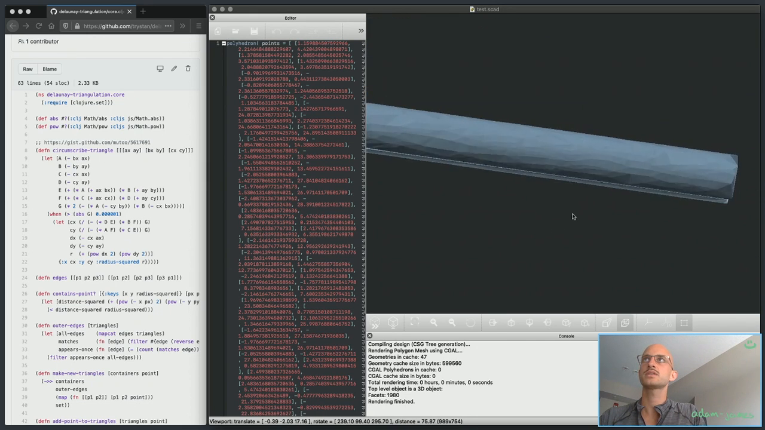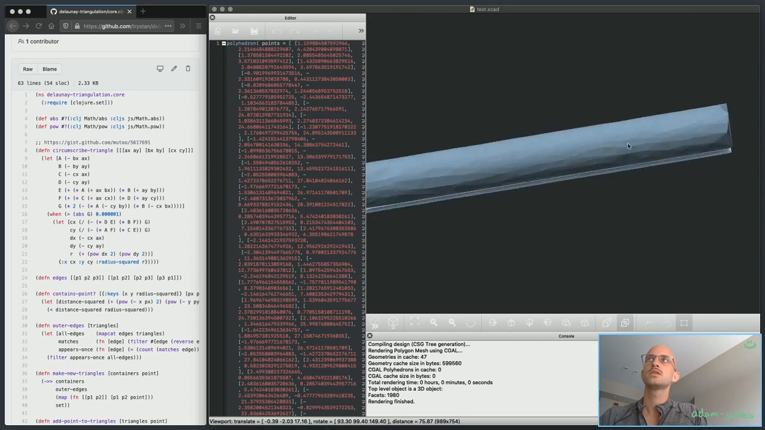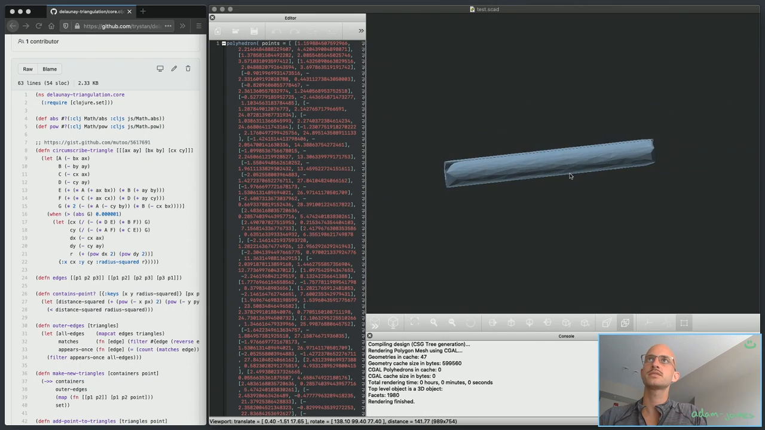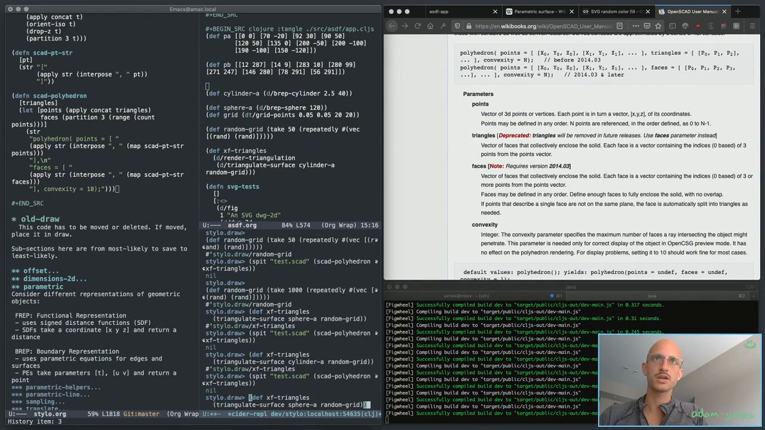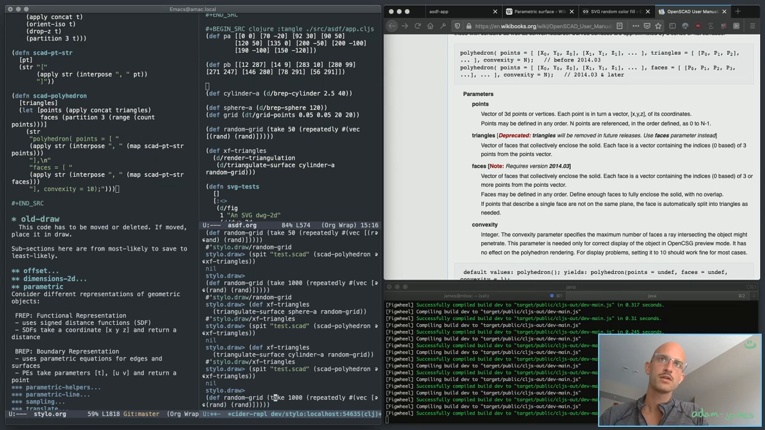Why is this not? Anyway, it can just be a big, huge problem. Let me now, actually, one final thing, and then I'm going to get going, I think. If I make this random grid only 50,